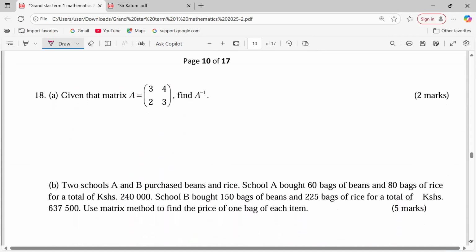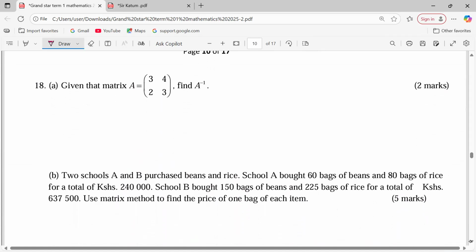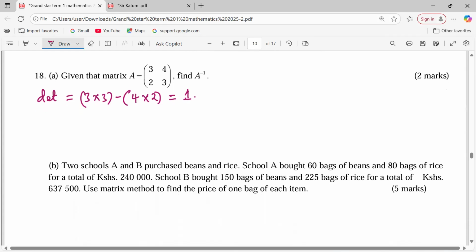Given that the matrix A equals 3, 4, 2, 3, find the inverse of A. For us to get the inverse of a matrix, we're supposed to find the determinant first. So the determinant of this matrix shall be 3 by 3, that is the product of the elements in the leading diagonal, minus 4 by 2, the product of the elements in the other diagonal. Therefore, I'm getting 1 as the determinant. So I'm supposed to divide every element by the determinant. Then for me to get the inverse